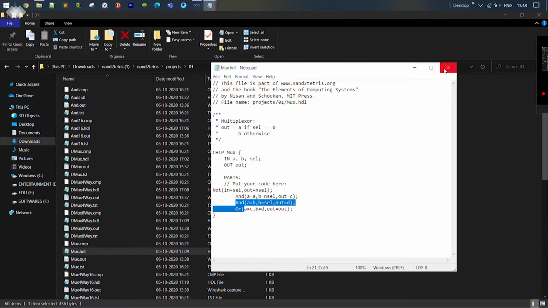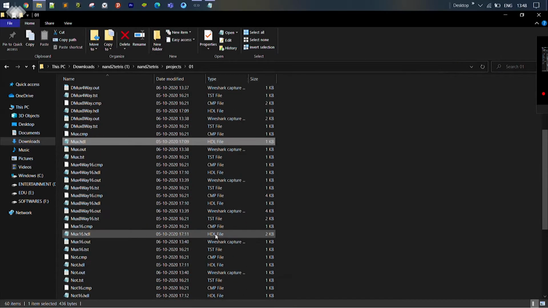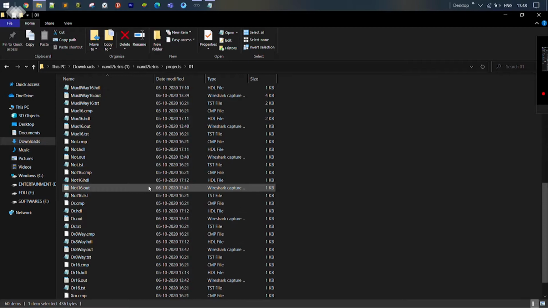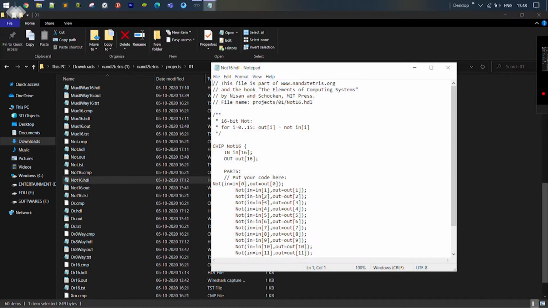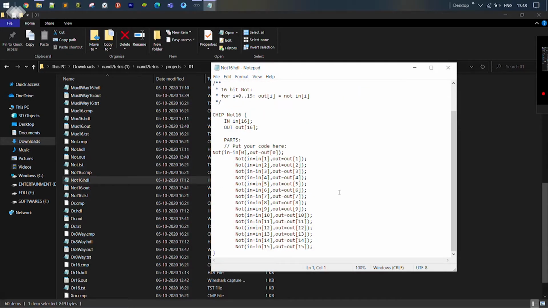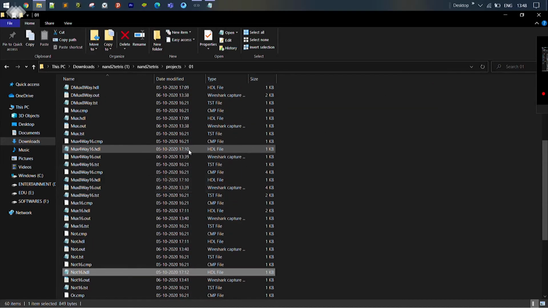If this code is not present here, like if this line is not yet coded, then this code won't be running, because here we are using Not, and in Not we didn't define the parts. This is the part, so we didn't put our code there. So we need to have everything in every code.